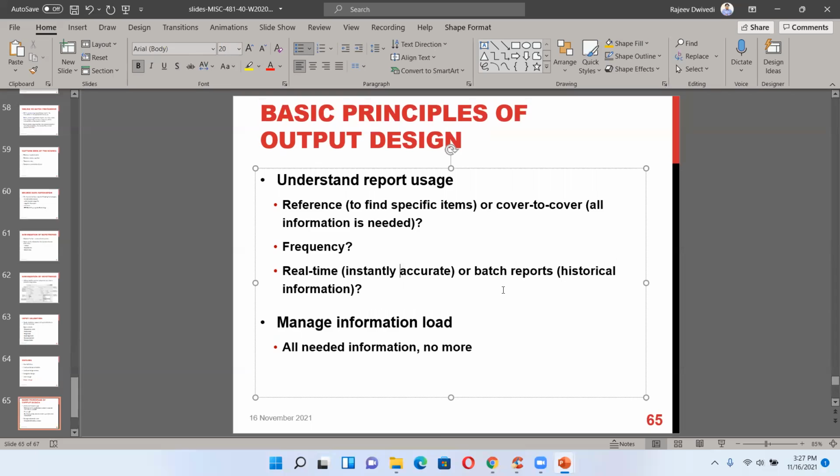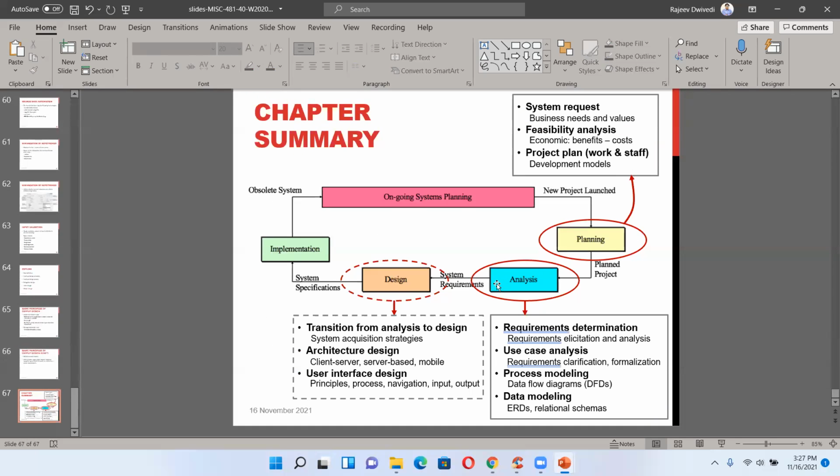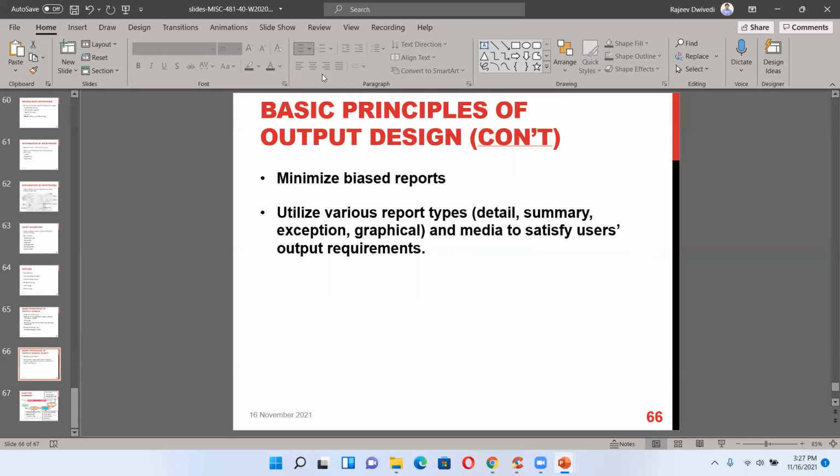So this is the chapter. Minimize biased reports, utilize various reports, details, summaries, graphs, any media to satisfy user output requirements. So basically, this should be there in the report.